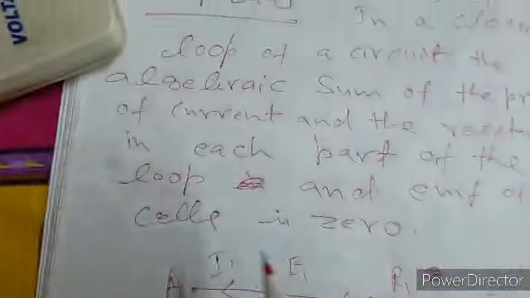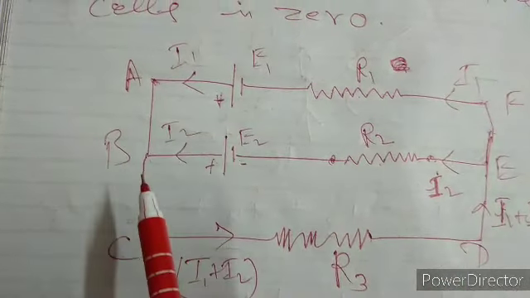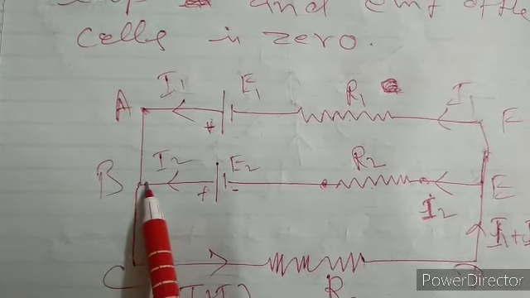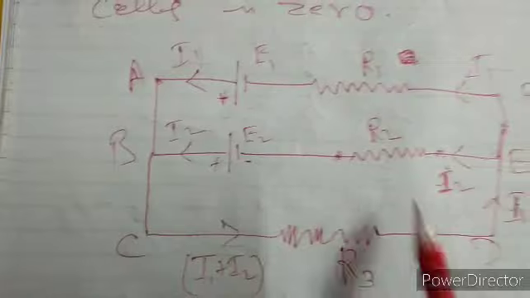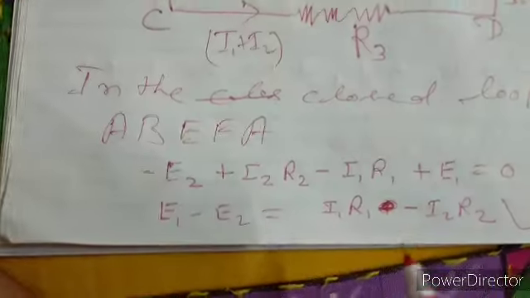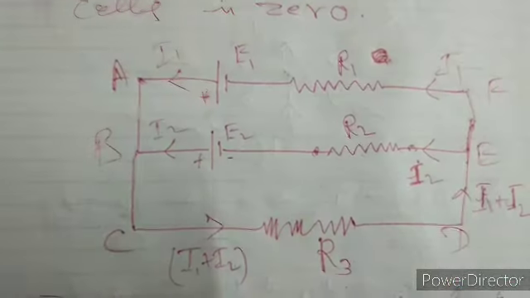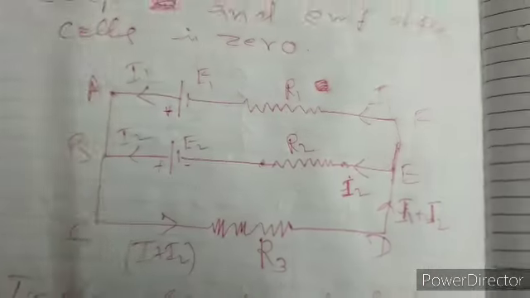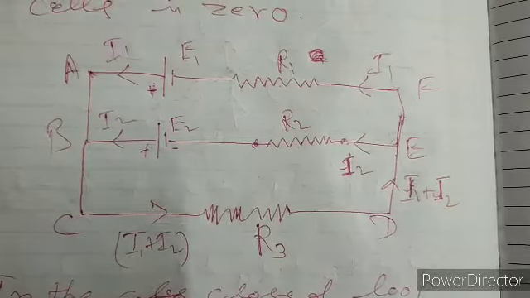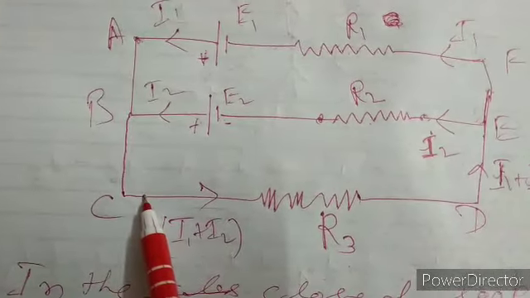Now consider the second loop, B, C, D, E, B. Now I am starting from B. You can start from anywhere, from C also. I am taking the initial point B to C, anti-clockwise. If you go clockwise, then again you will get the same equation. There is no problem in what manner you are going, clockwise or anti-clockwise. You have to consider the negative and positive signs of the voltage only. B to C, no problem.